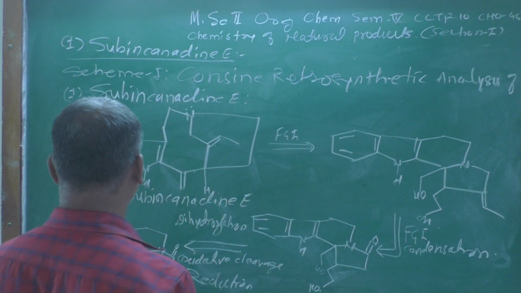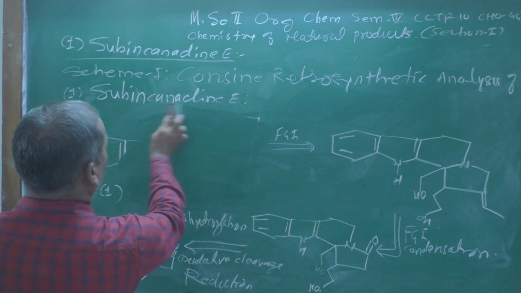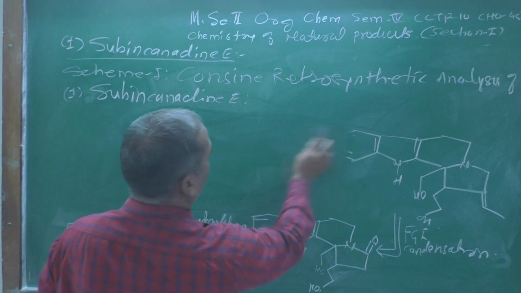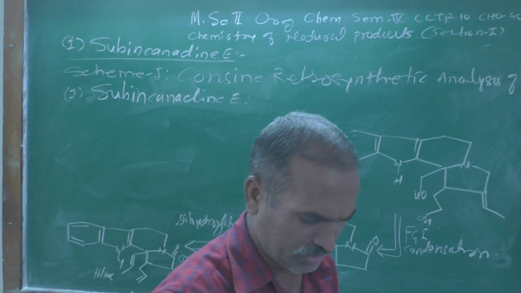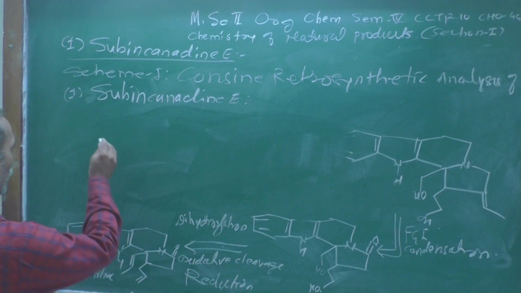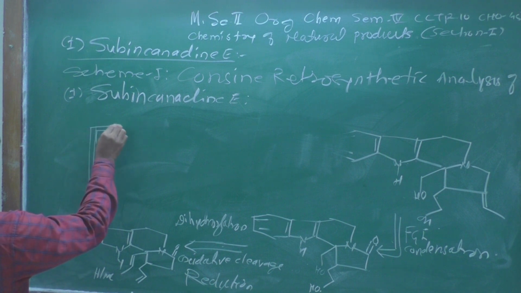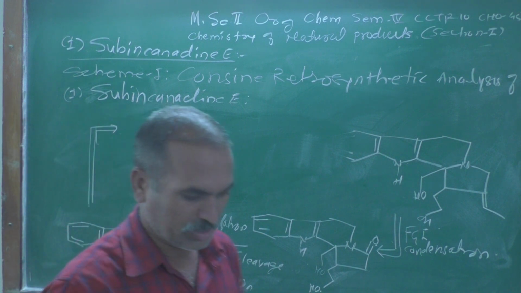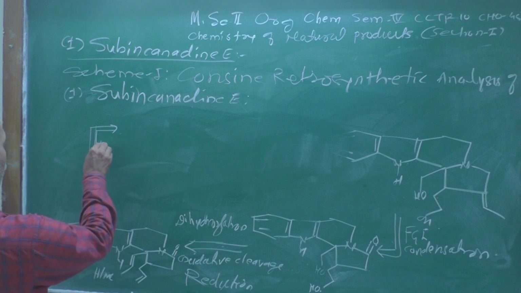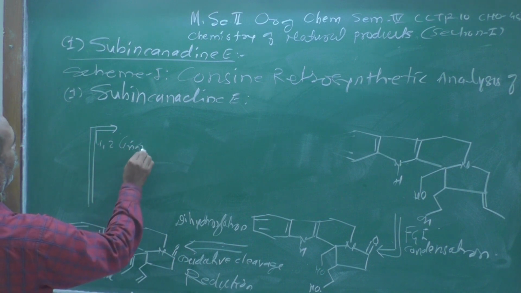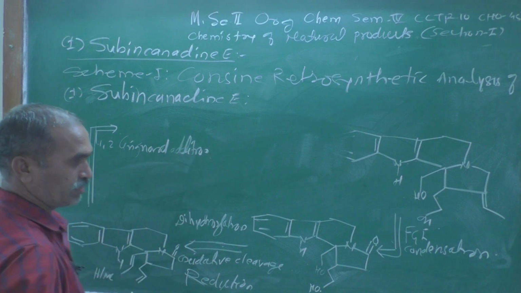And after doing this one, what do you get? Let me clean the board, and then we will get another structure. Finally, here 1,2 Grignard's reagent. Now we are going to add over here this arrow which I am representing, that is a retrosynthetic arrow, 1,2 Grignard's addition, that you have to do.